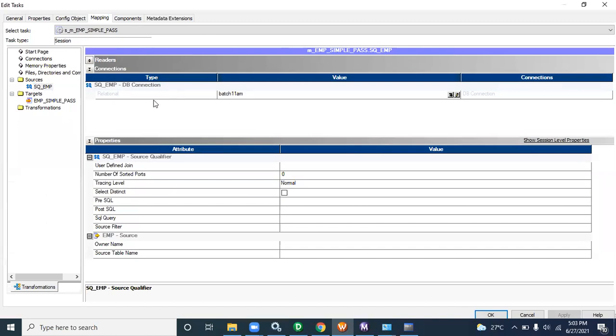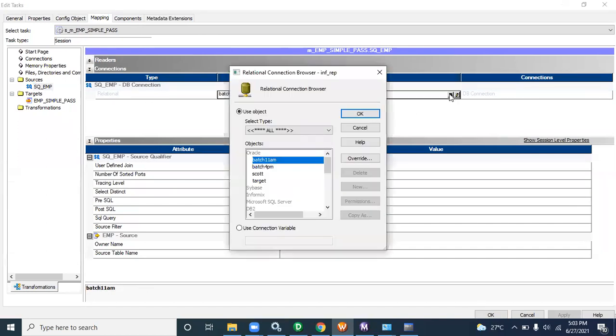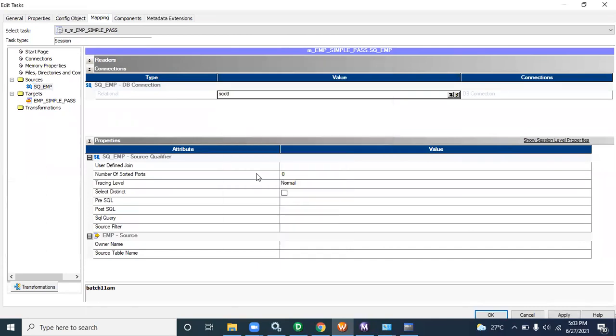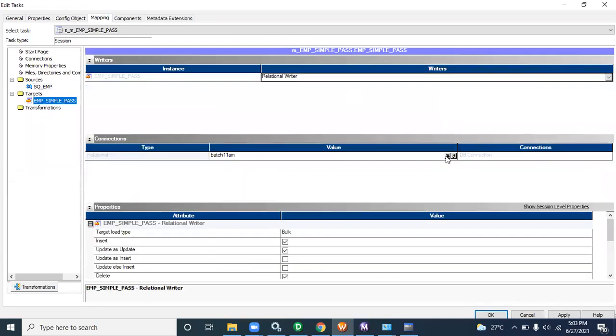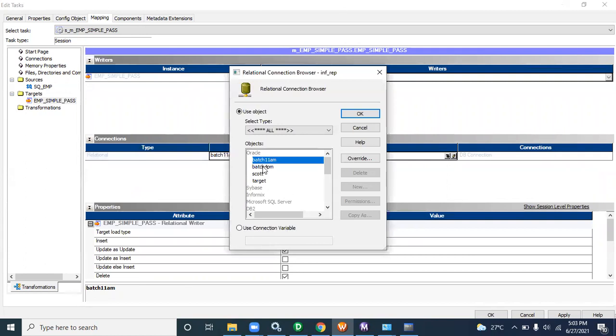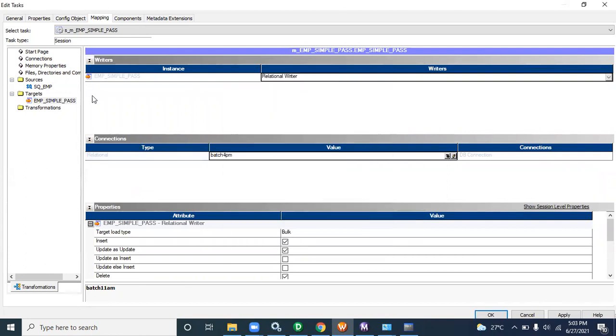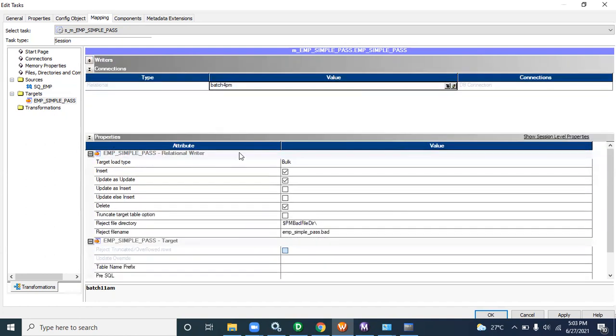So go to connection, click on this. Source is the Scott, right? And target is the, what? Batch 4 PM, you created the Batch 4 target, right? And here we need to keep the target load type always as normal. Why normal? Bulk means your target doesn't have any key constraint. Key constraint in the sense primary key, foreign key, those kinds of things. I think all are aware about the primary key, foreign key, primary key index, those kinds of things. If not, you can just tell me, I'll take a separate session for this.